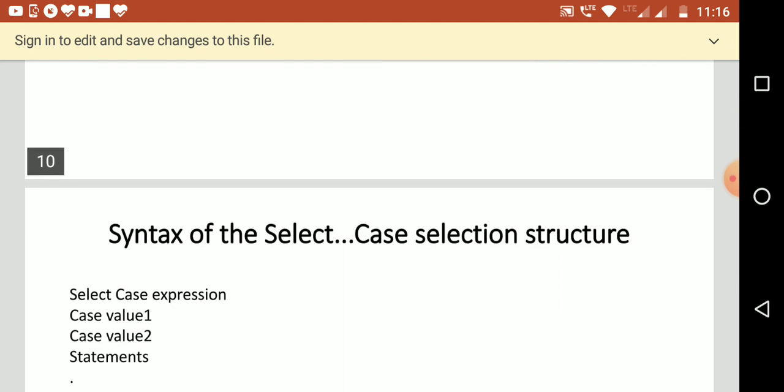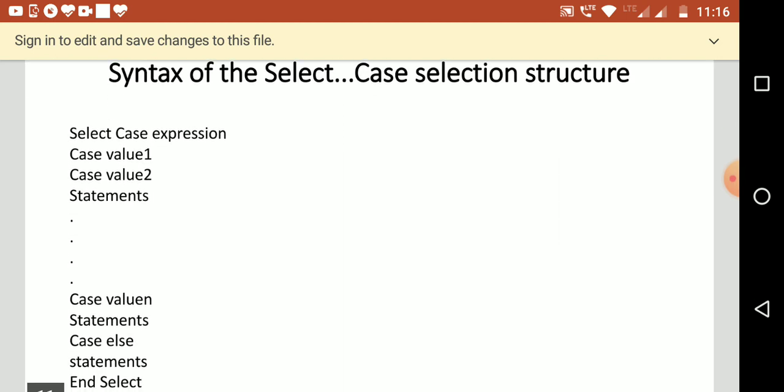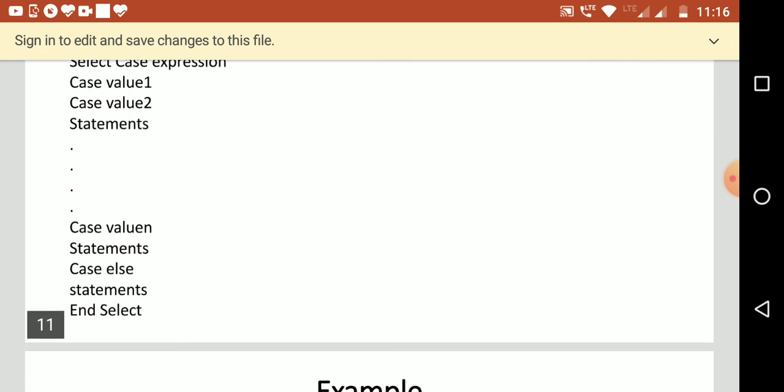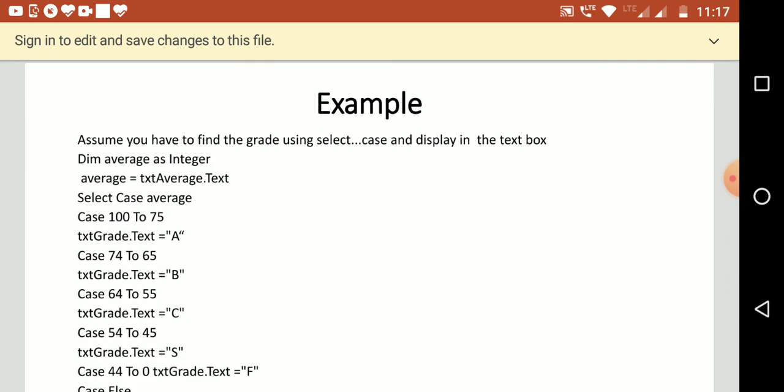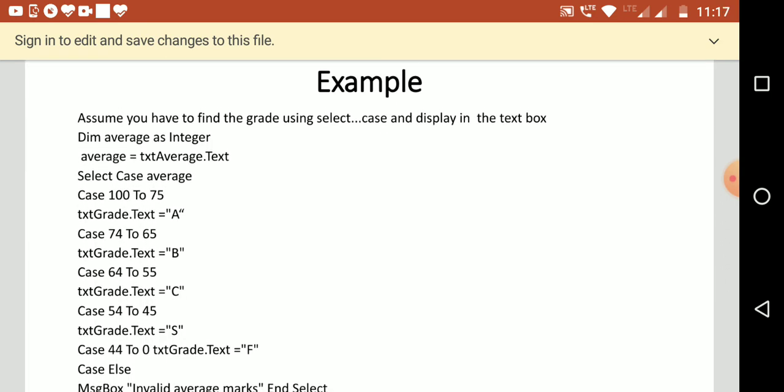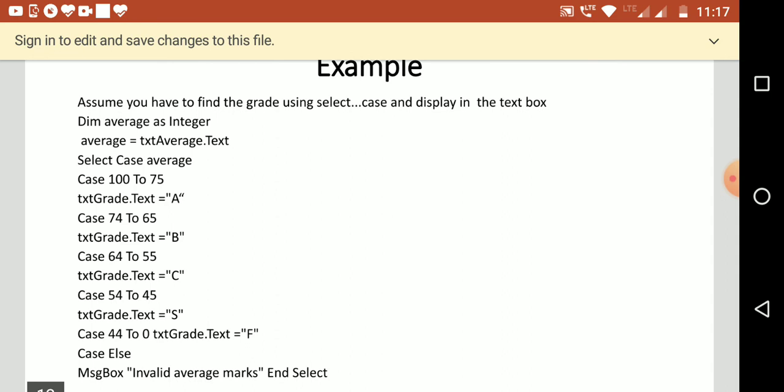Let us see the syntax of it. This is the syntax of the select case structure. You write select case and the expression. Here you give the values under the different cases and write the statements under each case. For example, assume you have to find the grade using select case. Let us do the same example we did using nested if with select case.